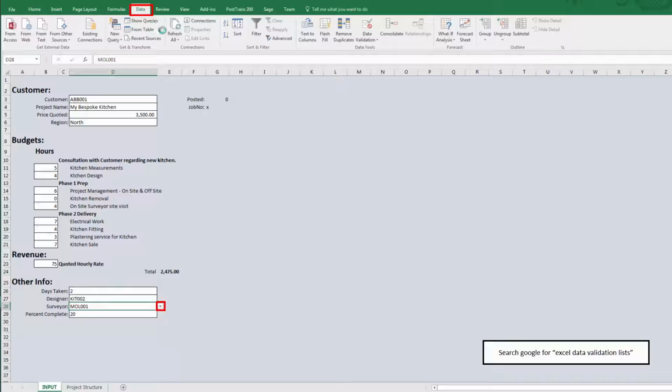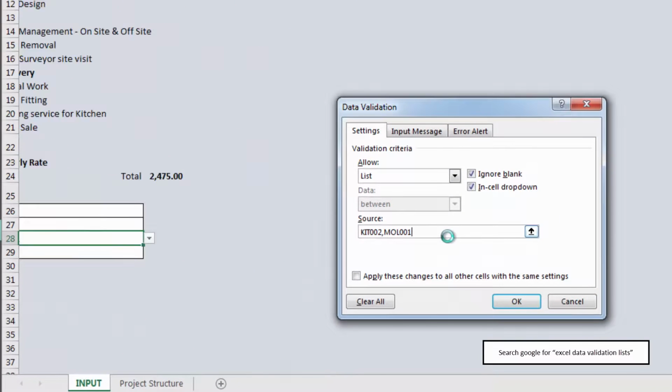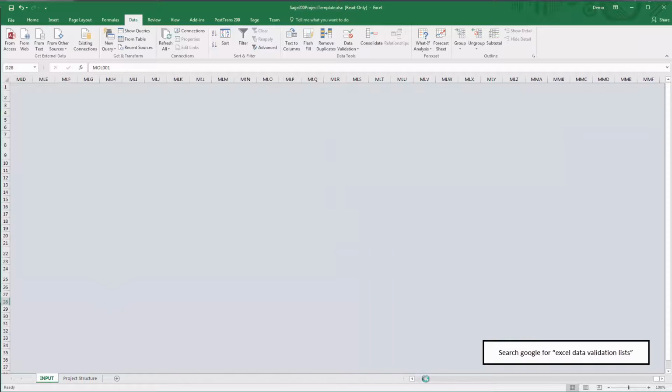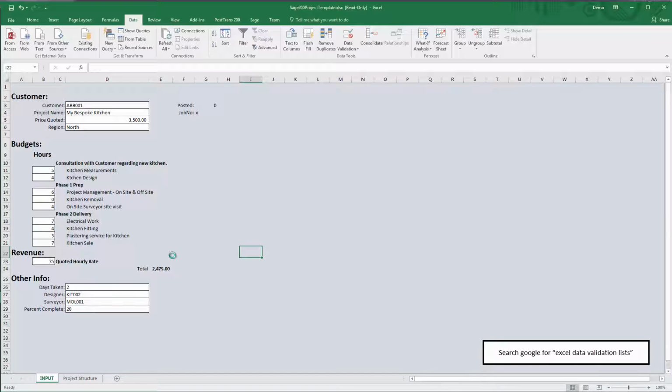You go to data, highlight the field, data validation, and then you create your own little list here, or you can create a pointer to a list in another spreadsheet. Right, okay, so now let's just post that